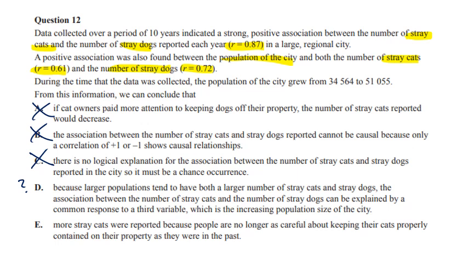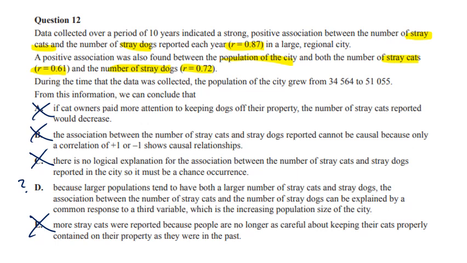More stray cats are reported because people are no longer as careful about keeping their cats properly. Oh, it's a silly answer, a bit like A, isn't it? And that's what we're really saying. If you look at stray cats and stray dogs always going up over a period of 10 years, what they're really saying is